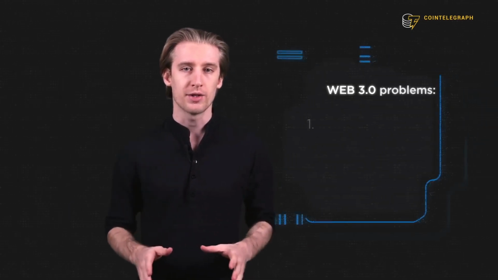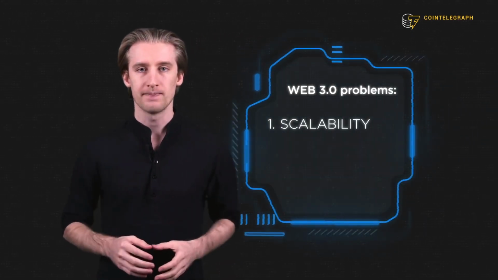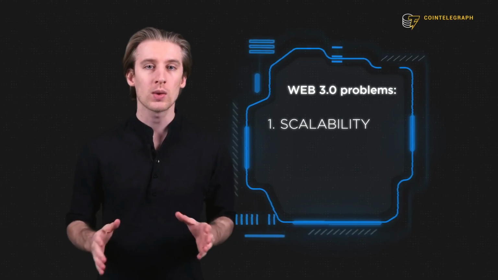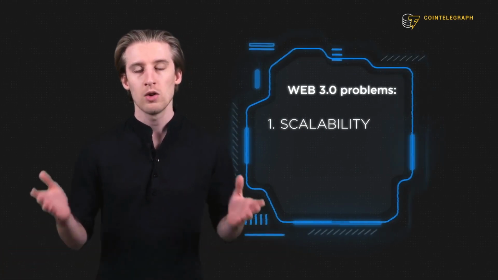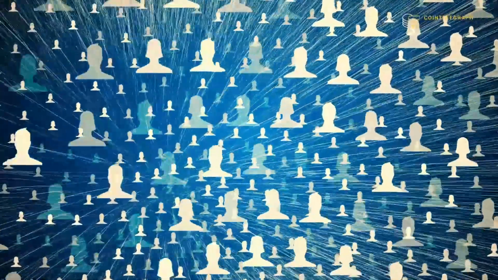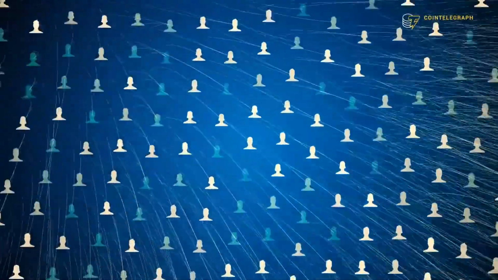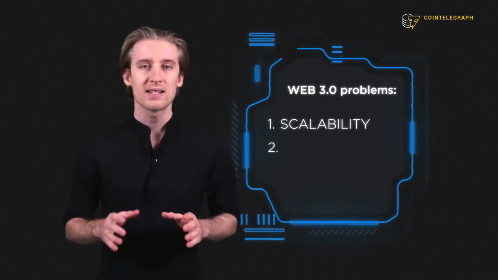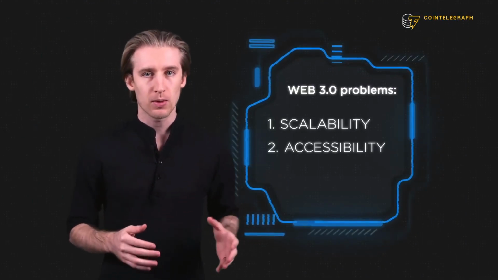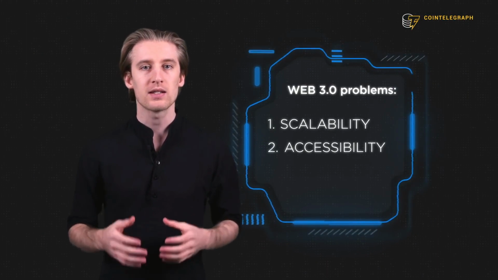So this all sounds good, right? A new era of the internet founded on privacy and governed by the global community. But there are some challenges. Number one, scalability. Transactions and decisions are slower on Web3 because they're decentralized. Web3 networks simply can't handle billions of users right now. And time isn't always a luxury organizations can afford. Number two, accessibility. Interacting with many Web3 protocols and applications is difficult because it requires understanding and experience. The fact that we're here right now proves this point.